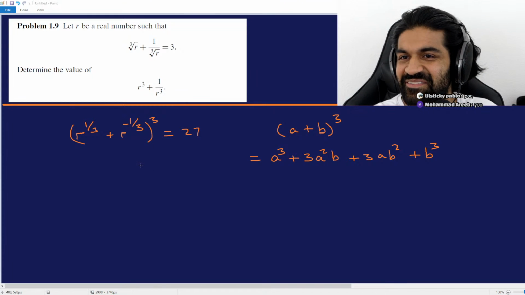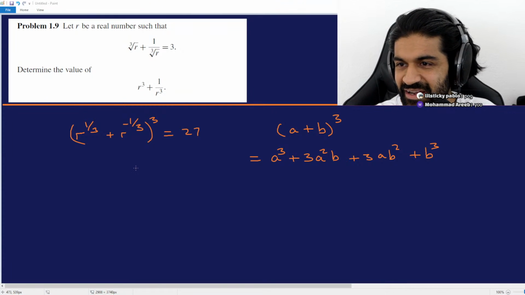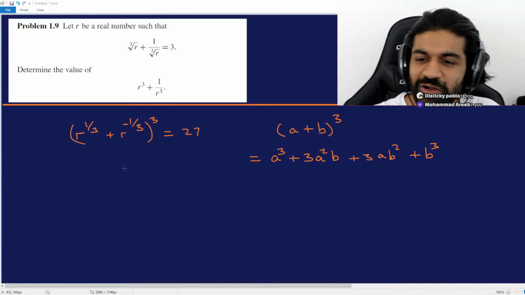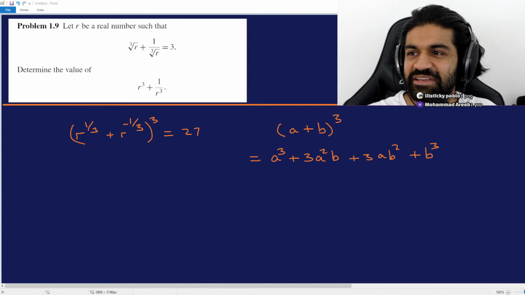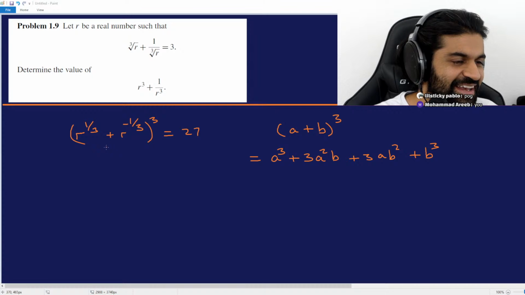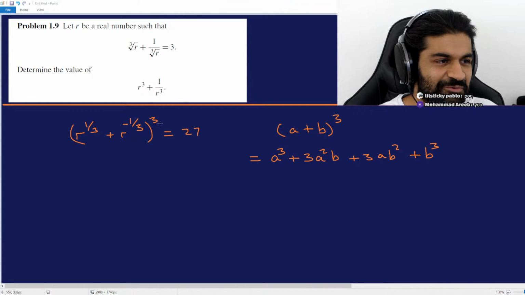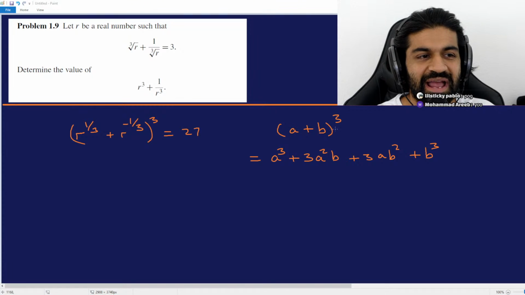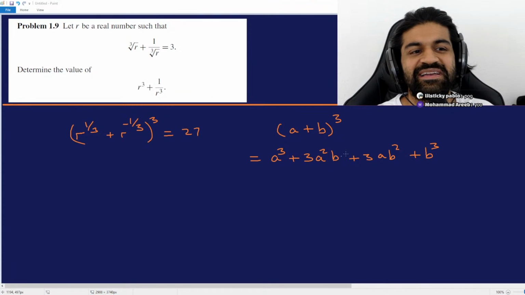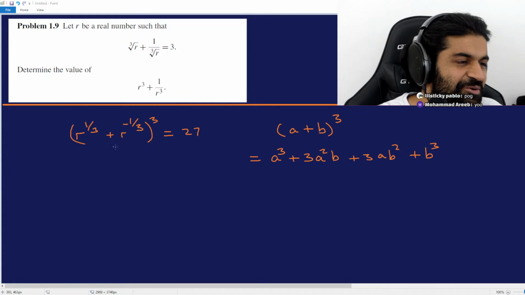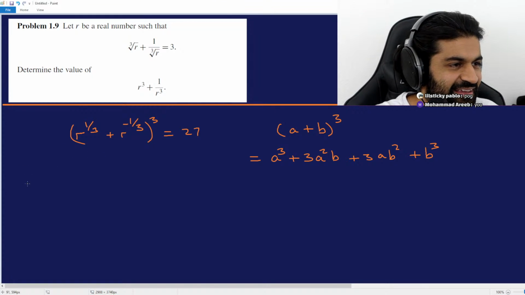So I'm just going over how you might solve this problem slowly if you had no idea what to do. Also, please let me know if the music is too loud and if the audio quality is good. So it's r to the 1/3 plus r to the negative 1/3 cubed we're doing. And of course, remember, a plus b quantity cubed is a cubed plus 3a squared b plus 3ab squared plus b cubed, right? So if you cube this, you would get r plus r to the negative 1 plus,